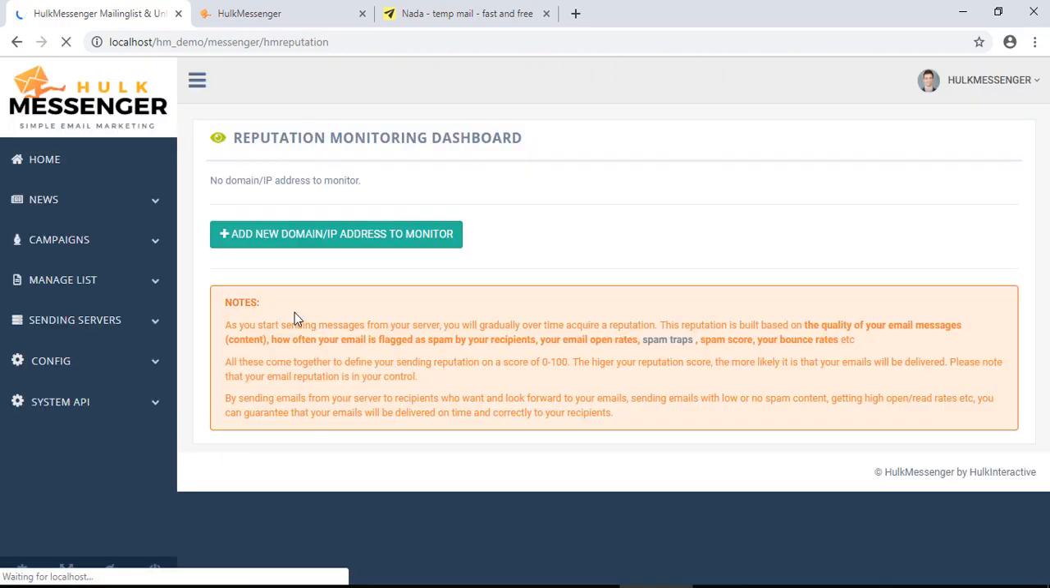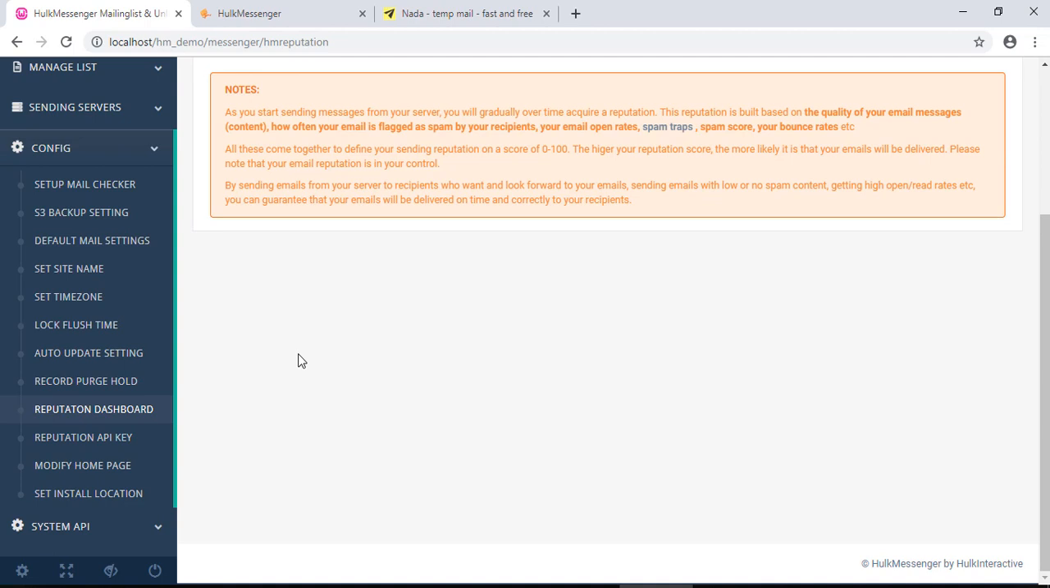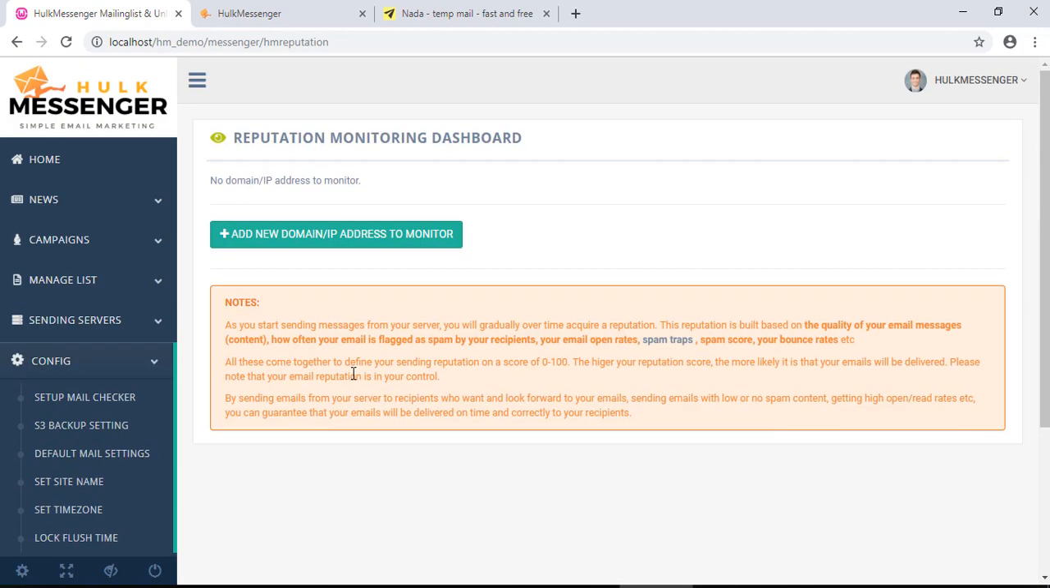reputation dashboard. Right now, I don't have any domain or IP to monitor, but your reputation is very, very important. And you need to read some of the notes that we have here. Now, what happens is that once you buy a new server, that server comes with an IP address. Now, the moment you buy a new server and you start sending emails from that server, what happens is that